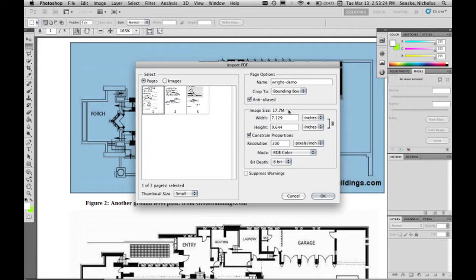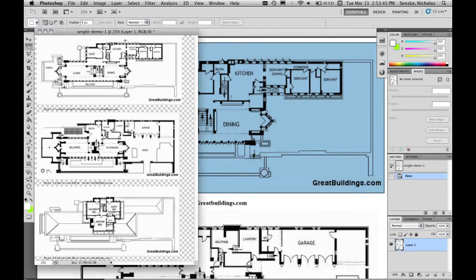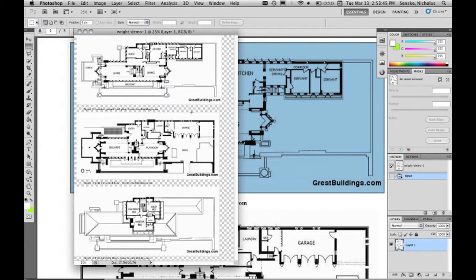If it was only on the screen, you could do something like 100 or 200 or even 72, but for print, you want a pretty high resolution. So I'm going to open up this page at 300 pixels per inch. Adobe's going to crunch for a second. Okay, so now you can see it actually get all these in, and you can see that there's a transparent background. So we've opened it up,